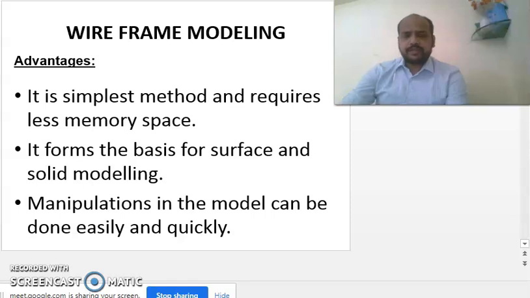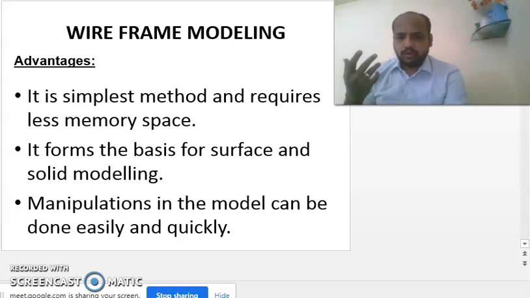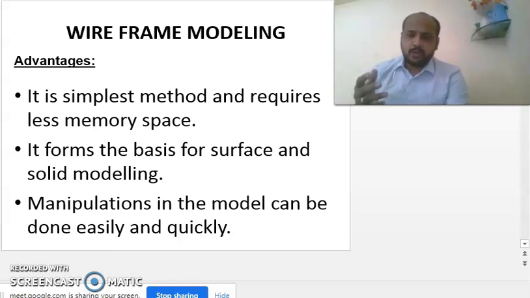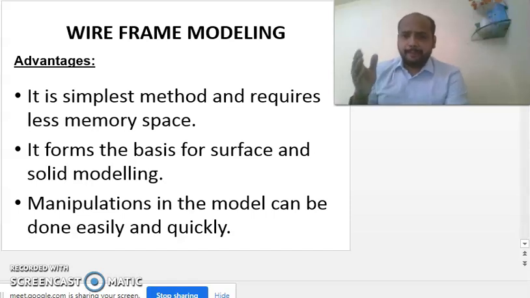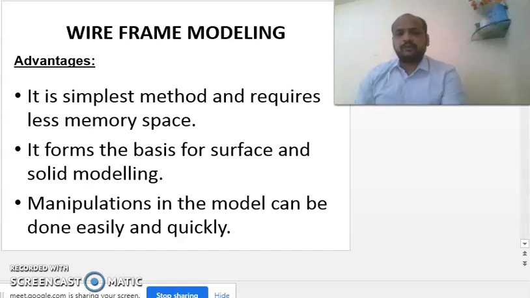These three are the basic types of models, and these are important for selection of drawings, selection of models when you go to the software and you start modeling the drawing. Obviously these are having different applications. For example, if you want to draw the model of a car body, there is a different type of model. If you want to draw a model of a skeleton, there is a different type of model you have to select. So as per the applications of the model and representation of the model, we have to select the type of model accurately.